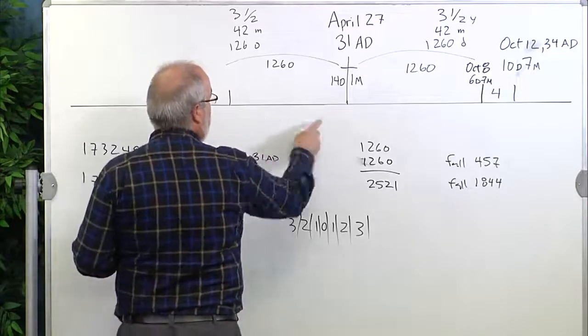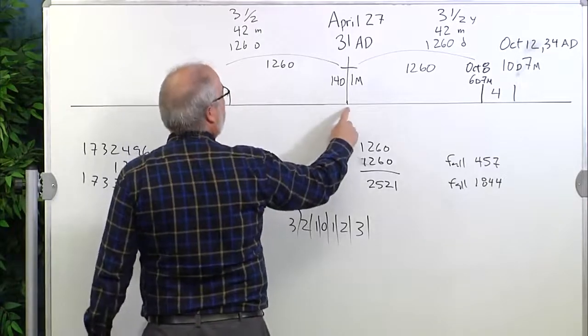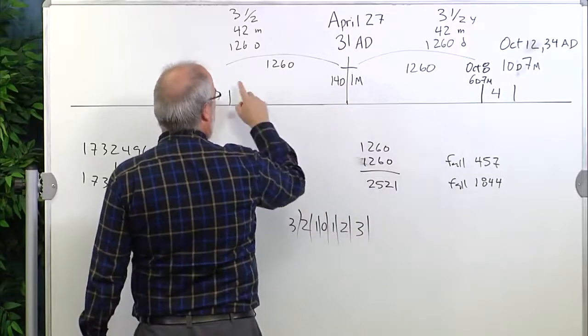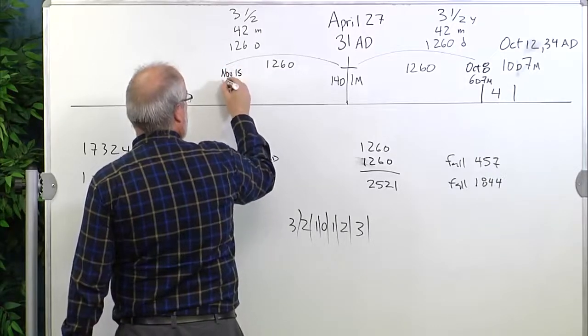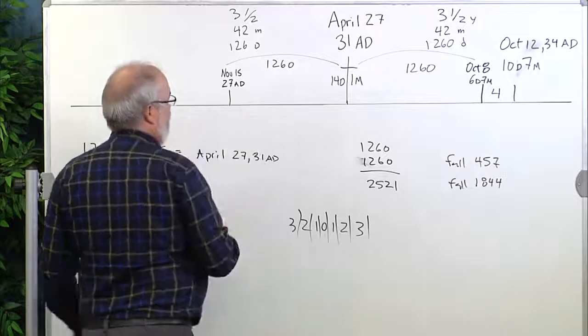So when I'm starting here, this is the cross of Christ in 31 AD. But we're going to see what happens. When I go here, I find I get the date November 15th, 27 AD. And I could write that math out. So if I go back to 31 AD, am I going slow enough for everybody? I know it might even be tediously slow. So April 27th, 31 AD, we remember we had this number